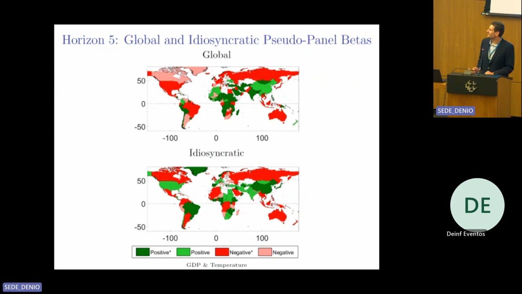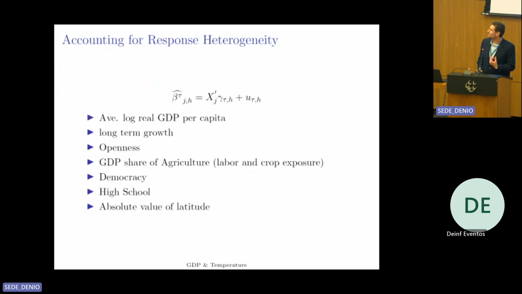Okay. Just to wrap up, I want to look at what is accounting for this response heterogeneity. I'm just going to show you some brief results without getting into tables. To understand why we are seeing this heterogeneity and where it is coming from, we regress the estimated coefficients from the local projections on country characteristics,